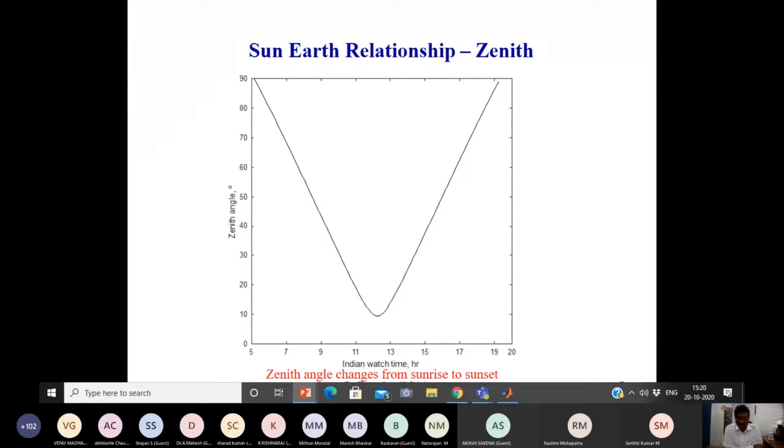Now I want to introduce one more point here, the meaning of zenith. What is the meaning of zenith? Zenith is also one type of incidence angle. Incidence angle I defined just now, that is the angle between the normal to the surface and the sunbeam. Since that surface is inclined, that's why we call that the incidence angle. If the surface is horizontal, then that incidence angle we may call the zenith angle. Instead of taking the inclined surface, we consider the reference surface, the horizontal surface.